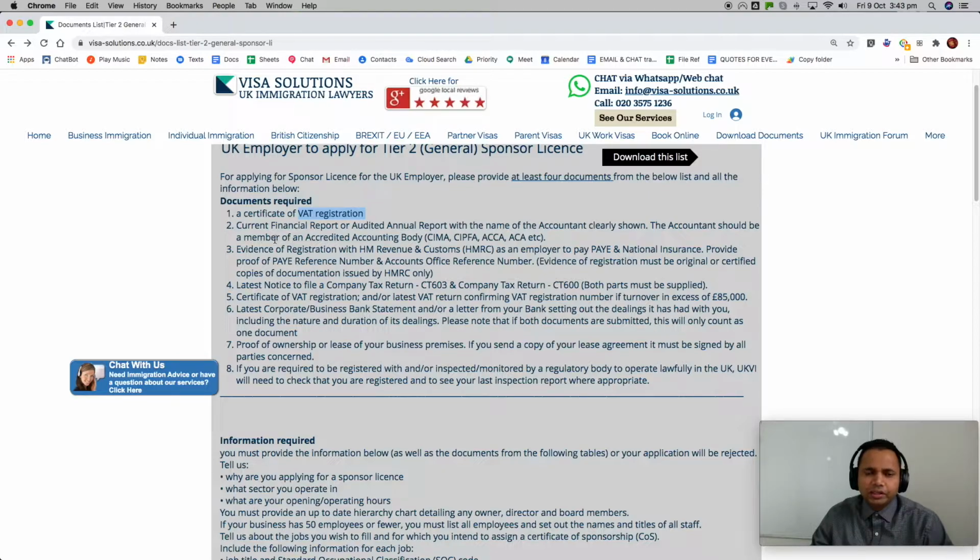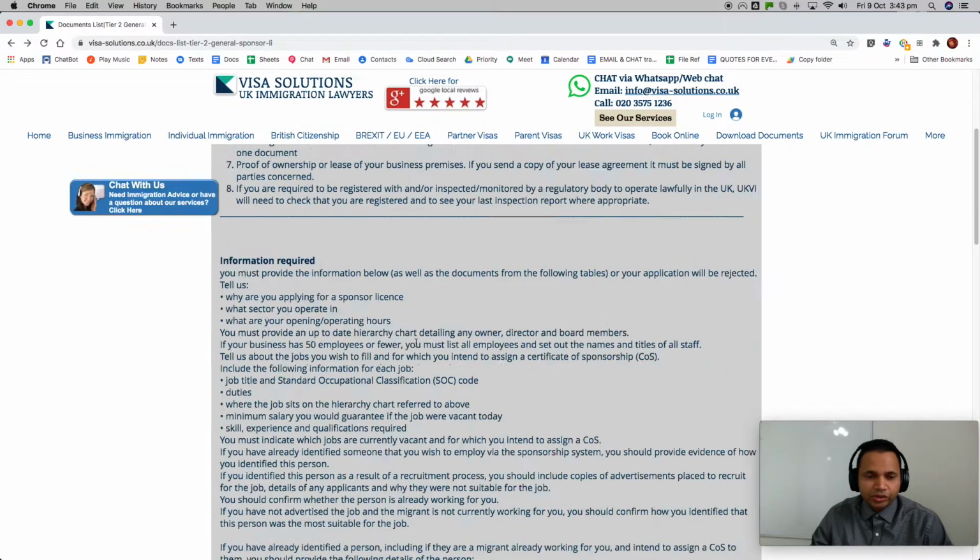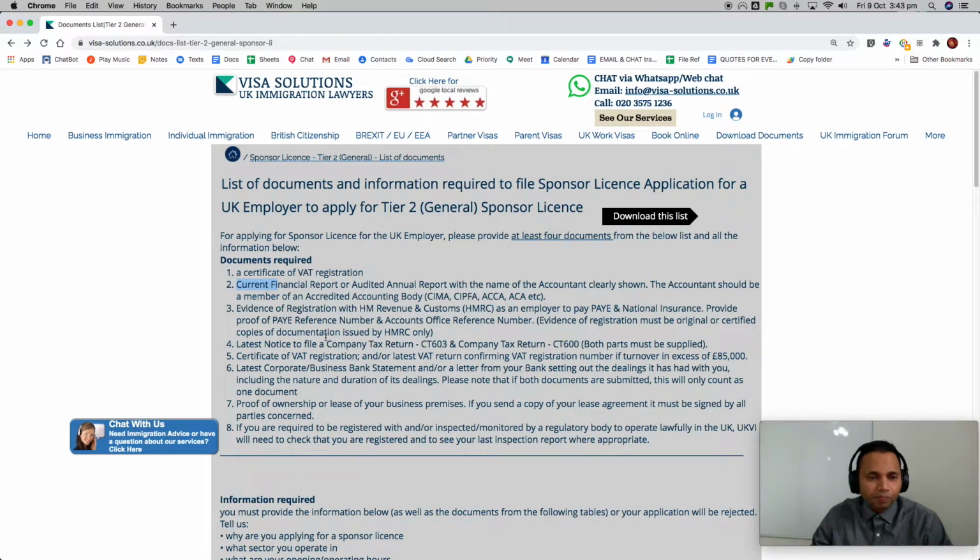Due to COVID, they have been accepting online documents. We have been scanning and emailing them documents, and those have been accepted. And as per our recent call with the Home Office senior executives, they have confirmed that they do plan to continue accepting the documents digitally by email, etc. So that is for now. But still, under the immigration rules, it says that you have to post the documents, and the documents need to be originals, or they need to be certified by some individuals. We've given the certification requirements at the bottom.